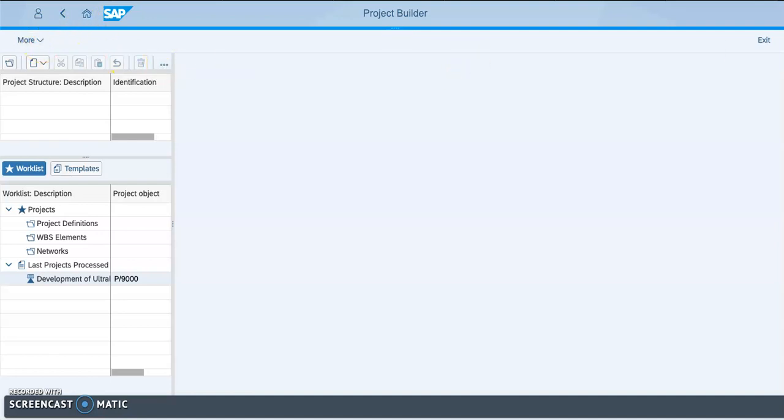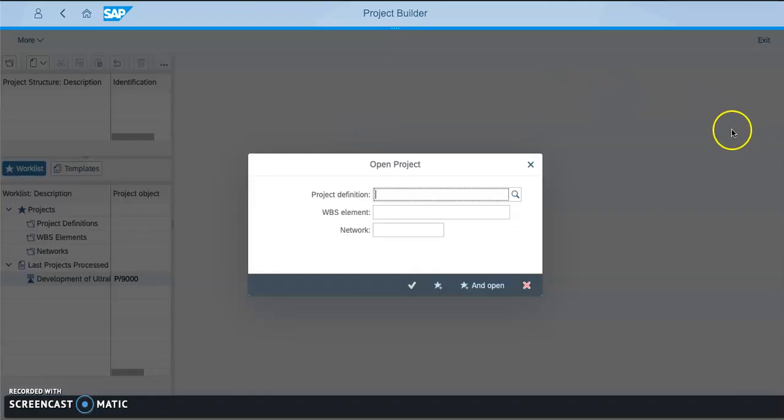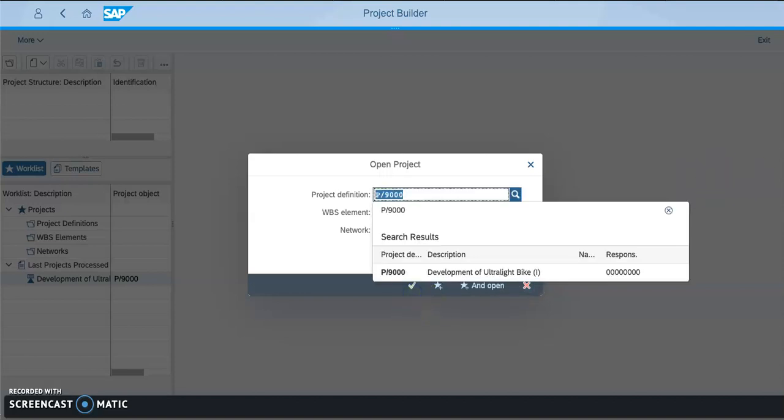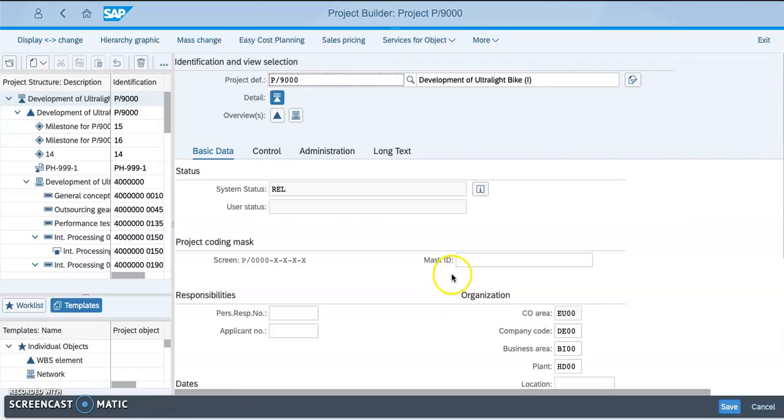In that, we have to go to set options, select the hierarchy level as 99, and select the preview last objects. Then we have to enter the project definition. The project definition is given to us as P/9000. That's after this screen opens up,